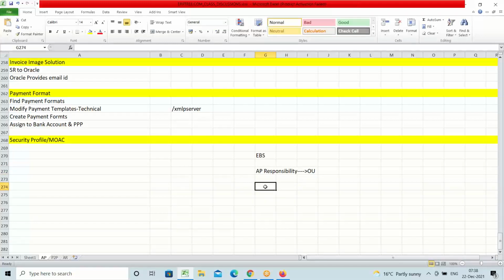In Fusion, with the role, you can access the business unit. We are assigning the business unit to specific roles like payables supervisor, manager, specialist. The same way in EBS, we have to assign the operating unit to a responsibility. So here we have to create multiple responsibilities. Say, for example, in EBS,